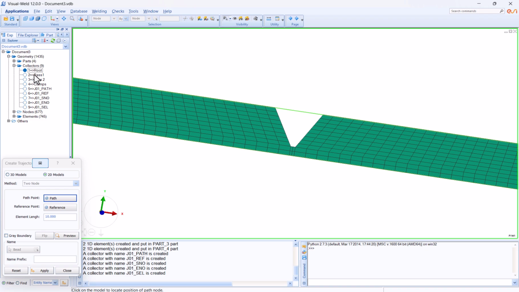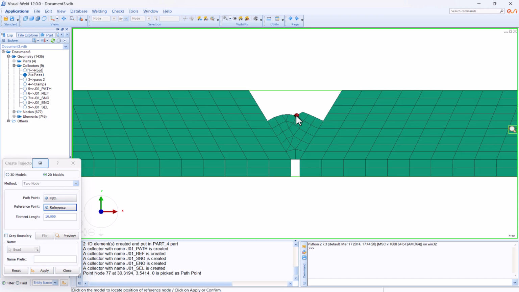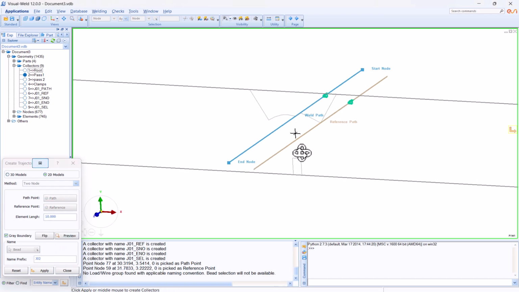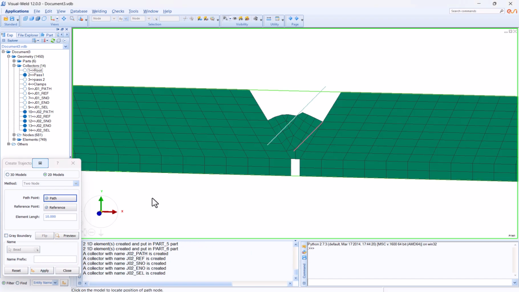we uncheck all of them, and we only activate the pass one. The path would be here, and the reference can be here. Preview, we rotate it a little, and we double check and apply. So this is also created. This is J1, this is J2,